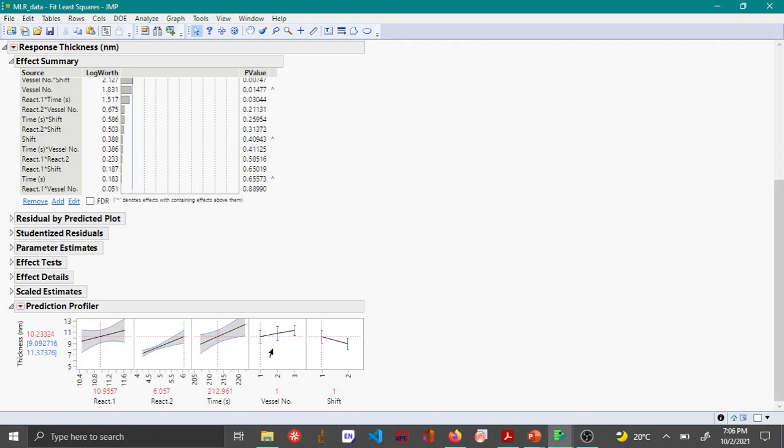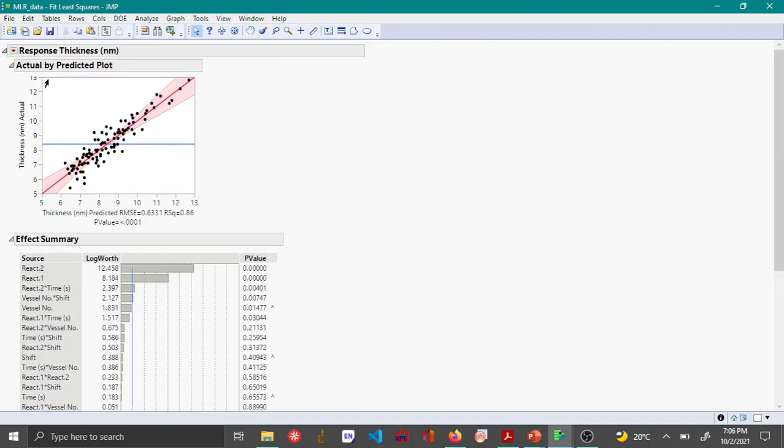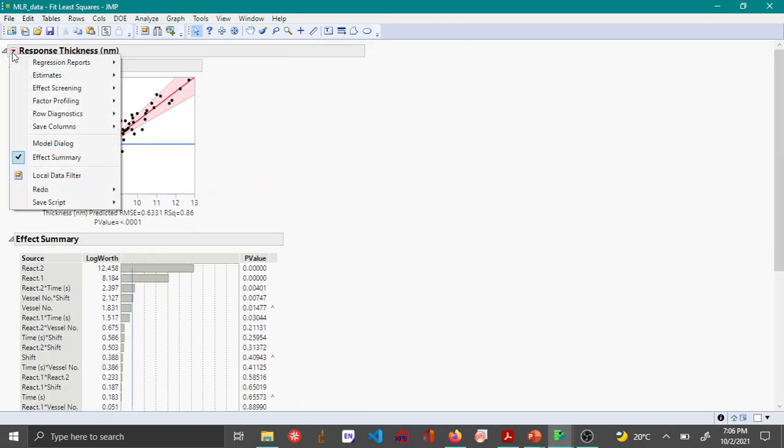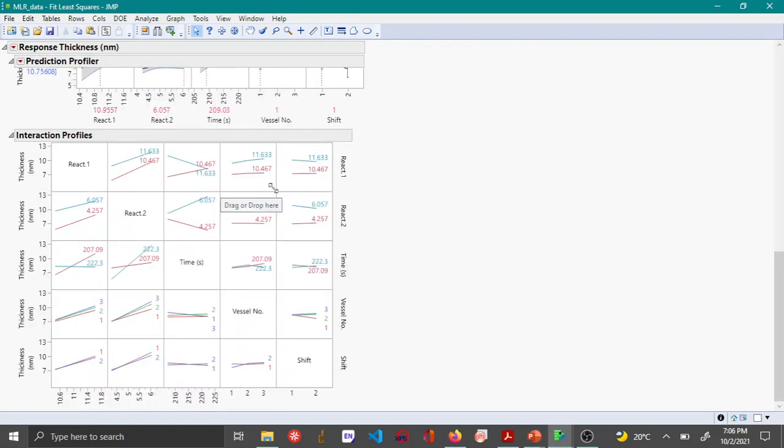So there is another way where we can see all the possible interactions. The way to observe that is by going to the red triangle option here, and then saying factor profiling, and then say interaction plots. So this shows a scatter matrix kind of thing, and it shows all the possible interactions that can occur between variables.